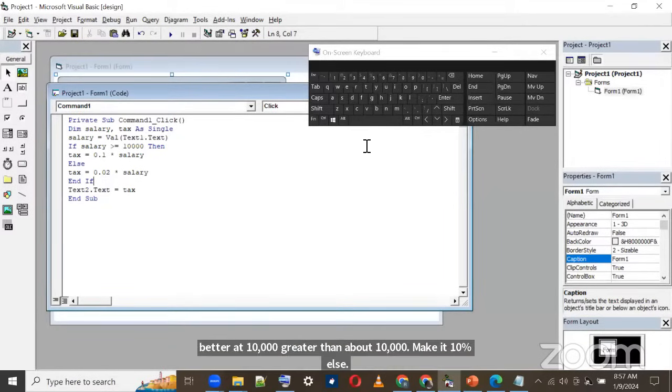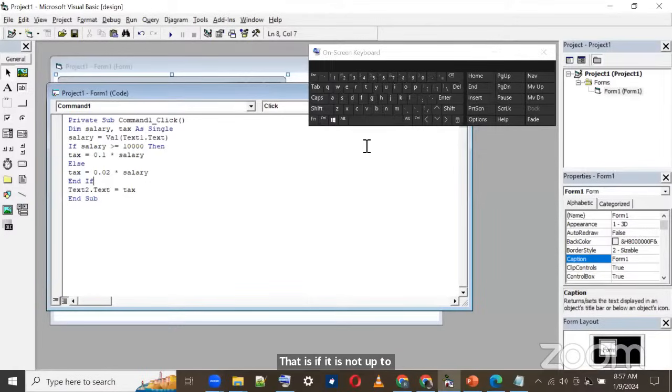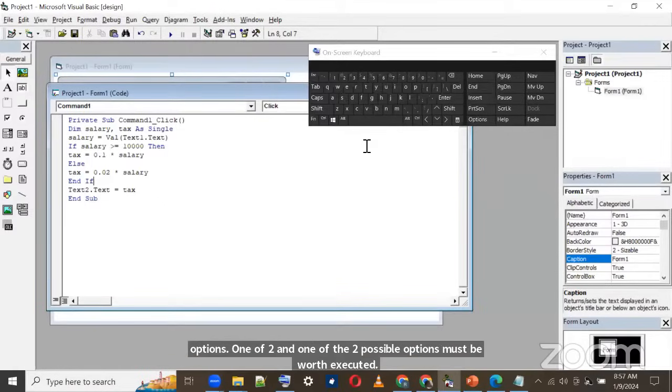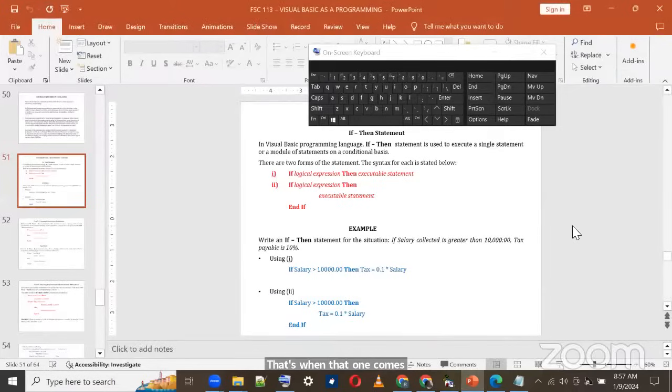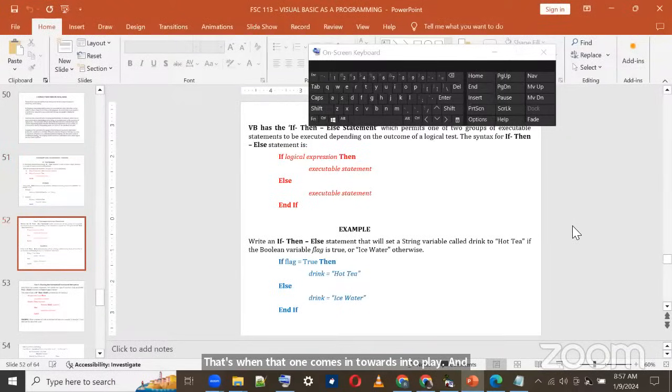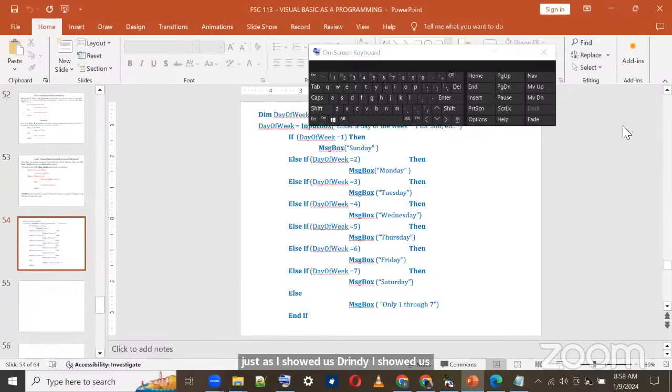It's just one of two options, and one of the two possible options must be executed. So in a case where you have three or more options, that's when the if, then else if, else if, else if, else comes into play. And just as I showed us during the lecture, I showed us an example where you have,